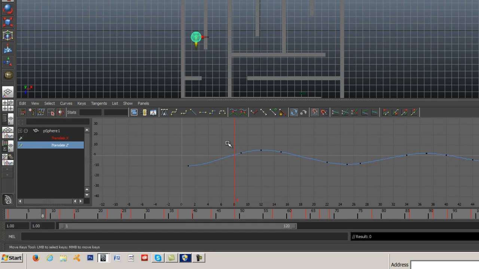So I'm going to go ahead and cut it by selecting it left mouse and just pressing delete. And it doesn't change my curve at all. So when I play it, look at that, I can get rid of that key. So I'm going to do that for the rest of my 10 frames. I'm just playing the motion, making sure that it's not bumping into anything. And then frame by frame,